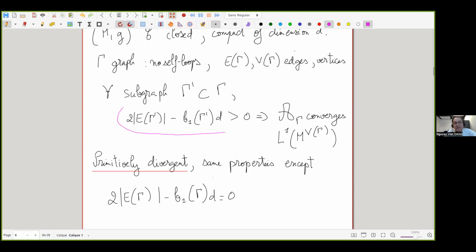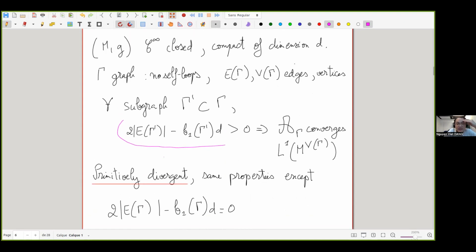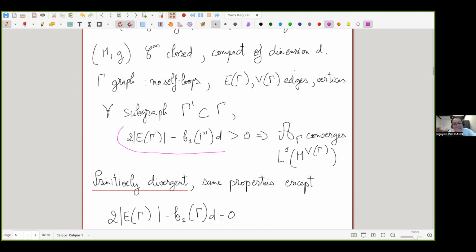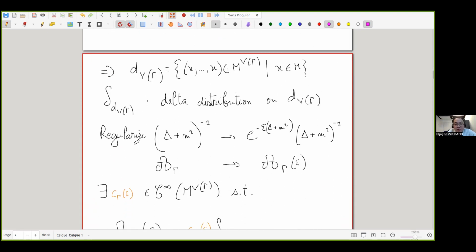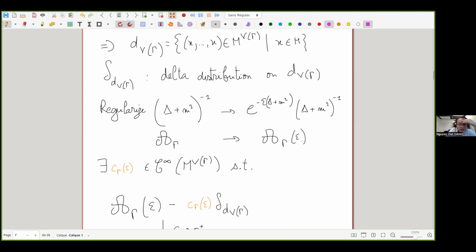Otherwise, if for all strict subgraphs of your graph this criterion is satisfied, but for gamma itself you're in the critical case, 2 times the number of edges equals the first Betti number times D, then we call this graph primitively divergent. And the corresponding amplitude, by which I mean the corresponding formal product of Green functions, is not going to be integrable. And what you'll need to do is consider a smooth function on your